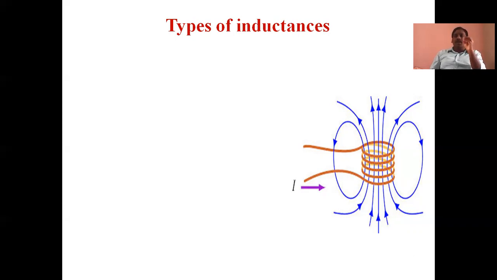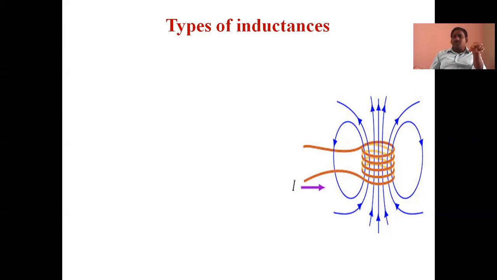Why? Because of the flux linkages of a coil due to its own unit current. That's why it is called self-inductance. But the flux produced in the coil not only links with the number of turns of coil 1, the flux can also link with the number of turns of coil 2. That's why the flux linkages are again produced in coil 2. But these flux linkages are produced not due to the coil 2 currents.